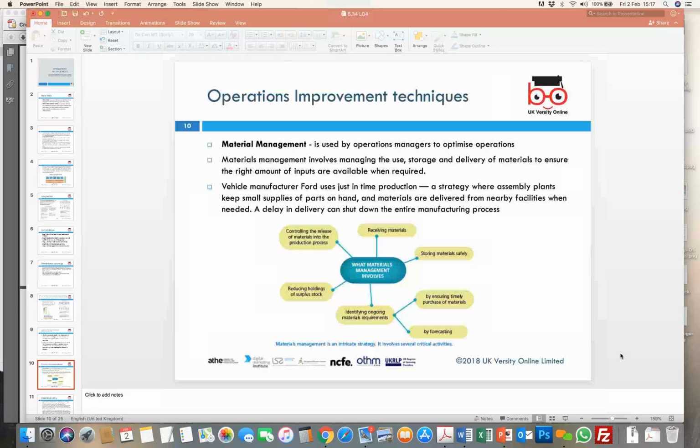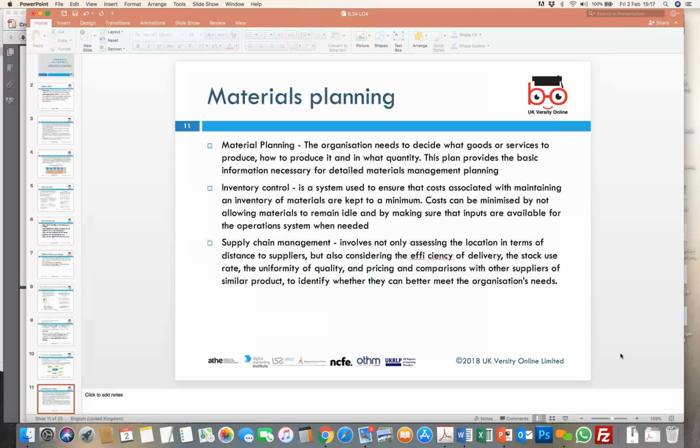So one of the techniques that we look at is materials management. The other closely related technique that we look at is material planning. Now, this is very closely related to the fact that we talk about things like just in time. We talk about some of the things which are required by companies, which is brought in as raw material, which forms the input. But to a certain extent, this input is then transformed into output. So material planning is something which the organization needs to do before they even start looking at producing goods and